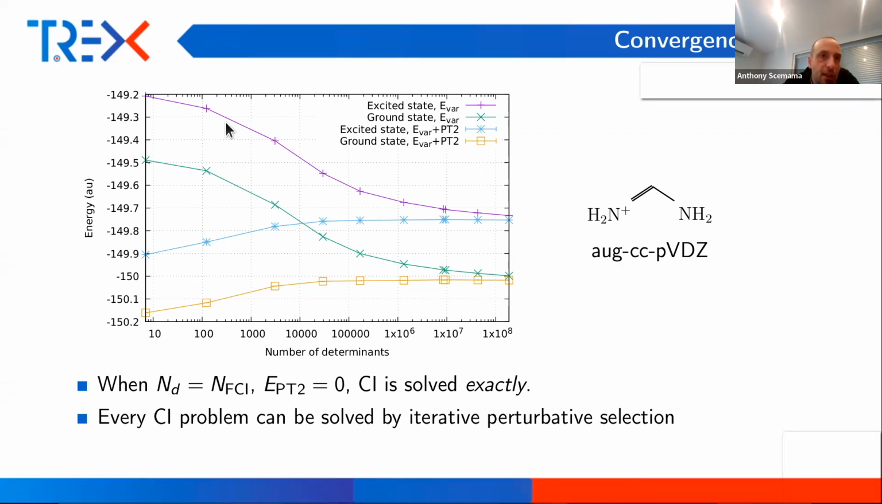On the opposite, if you take now orbitals that are optimized for the excited state, the description of the ground state will be bad for a small number of determinants, and then it will be too high, and so you will underestimate your excitation energy. And then the excitation energy will grow along with the selection until you reach the full CI. So all the problem,